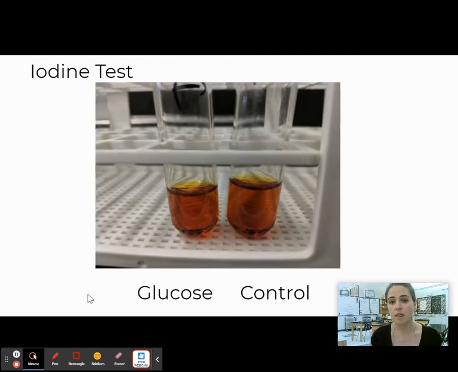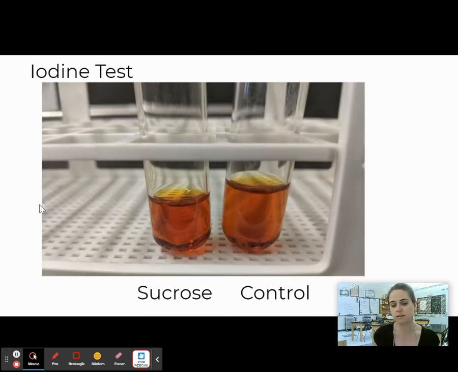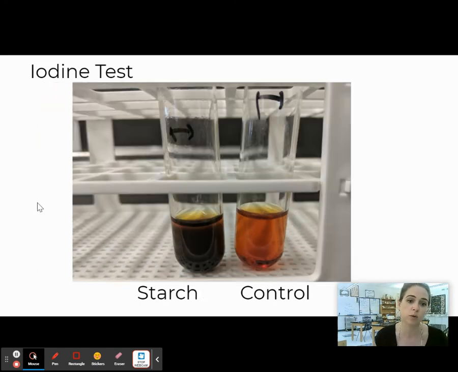But then students had their iodine test next. The control, again, this is just iodine and water, no reaction, and glucose, no reaction. Iodine does not test for glucose. No reaction here, does not test for sucrose. Here we do have a color change. Many students ended up with a little black spot kind of at the bottom of their dish if the starch had settled out of the water. But it changes to more of a brown, black, or bluish black color in iodine. So iodine does